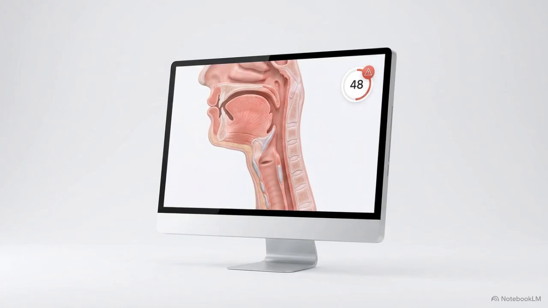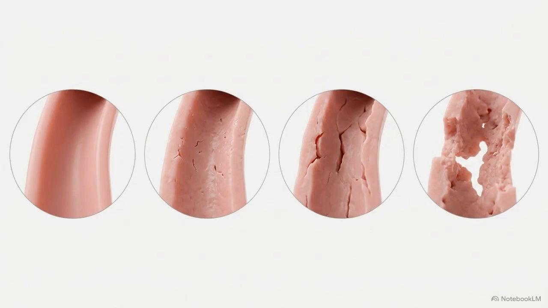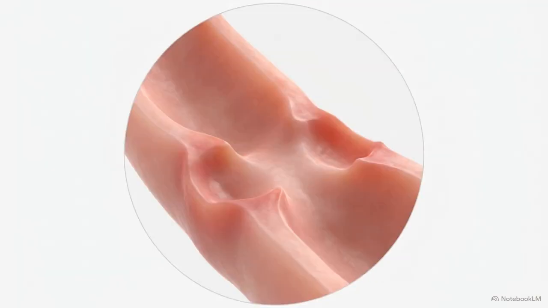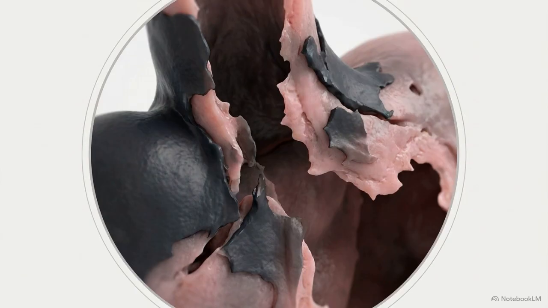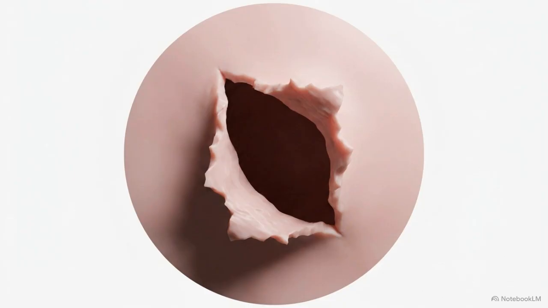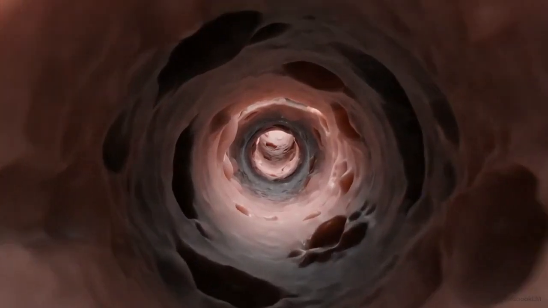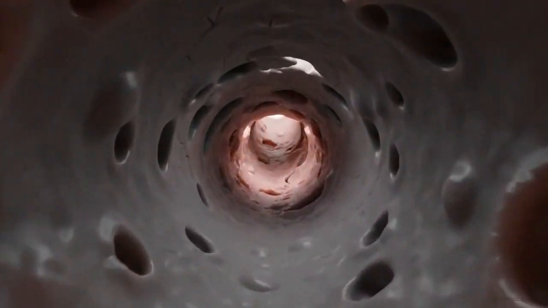Skilled endoscopy must be performed within 48 hours to map the injury before the tissue becomes too fragile to tolerate the procedure. The Zargar classification grades the damage from Grade 1 edema to Grade 2 ulceration, Grade 3 transmural necrosis, and finally Grade 4 perforation. Managing chemical trauma is a race against time to visually map the necrosis depth before the structural integrity of the